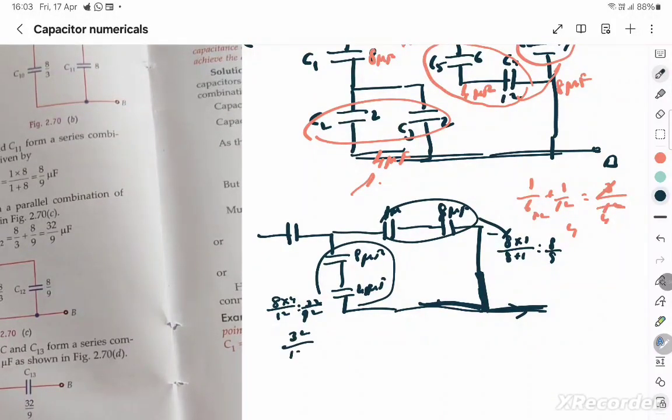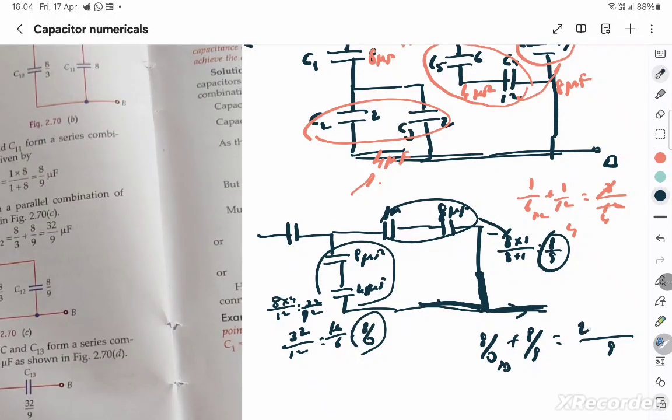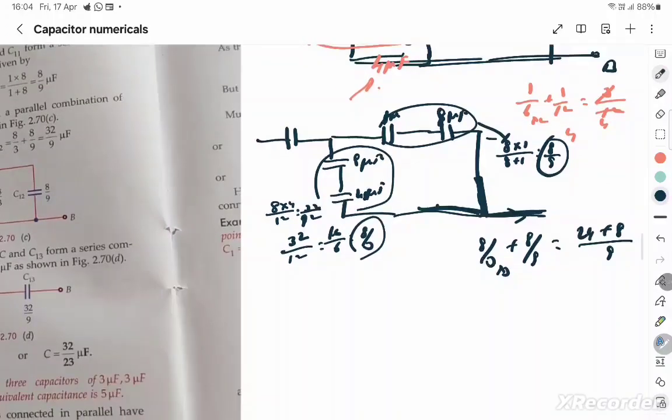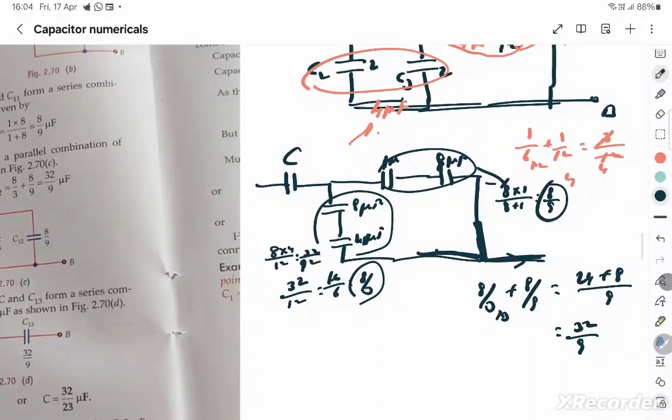32 by 12 is, can cancel 16 by 6, or an 8 by 3. This is 8 by 3 and this is 8 by 9, and those two are in parallel, so I can just add them. Let me see if I'm getting the answer. Into 3, so it's 24 plus 8. What would this be? That would be 32 by 9, and that's the equivalent, which is connected to C in